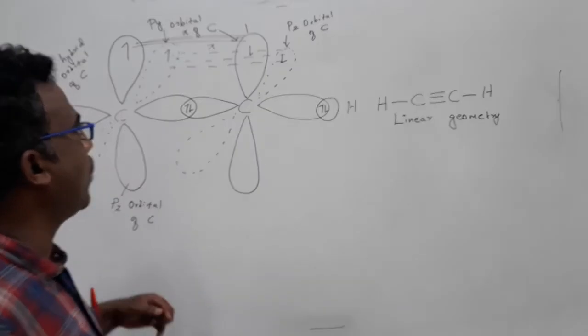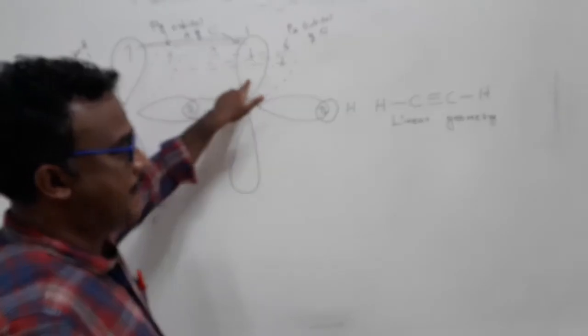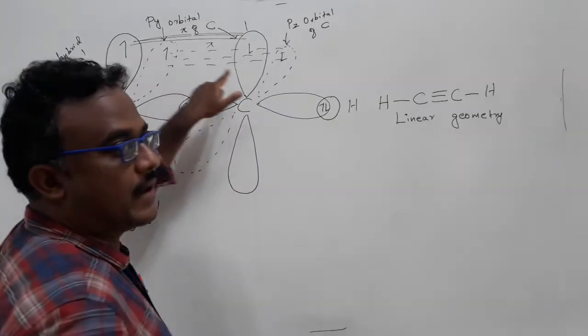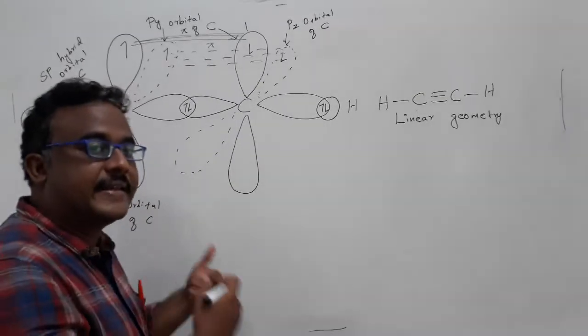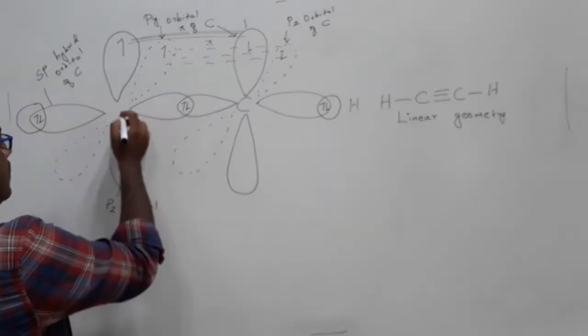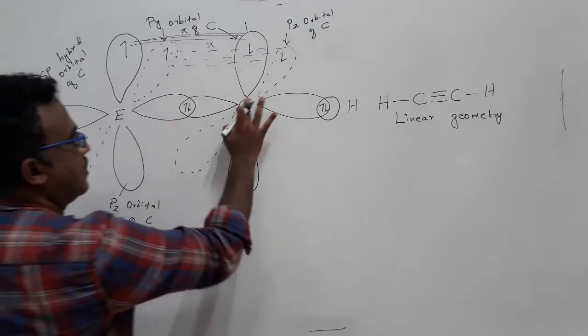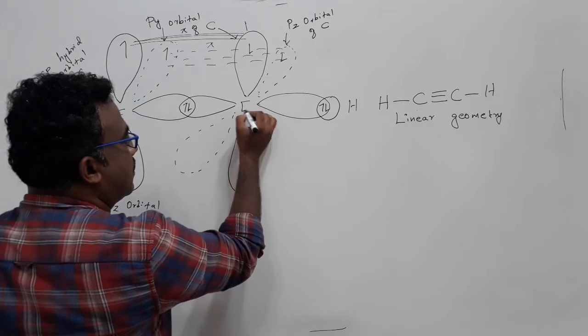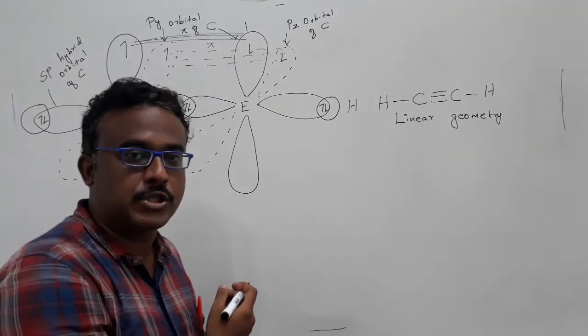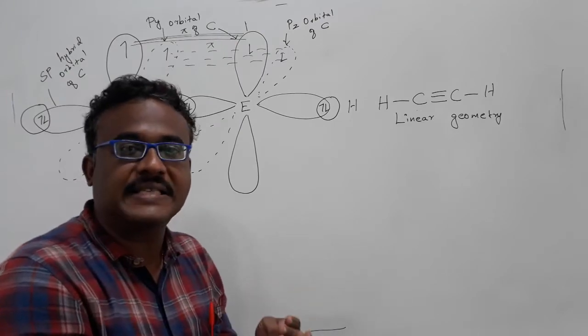And we have to know one important thing: these two electrons undergo lateral overlap to form a pi bond. That means the electron is delocalized between the two lobes. It is a strong covalent bond forming between the two carbon atoms. But how will this differ? The bonding will differ when you go from carbon to tin. For example, I am just going to keep E. I already discussed these things in the last lecture also.